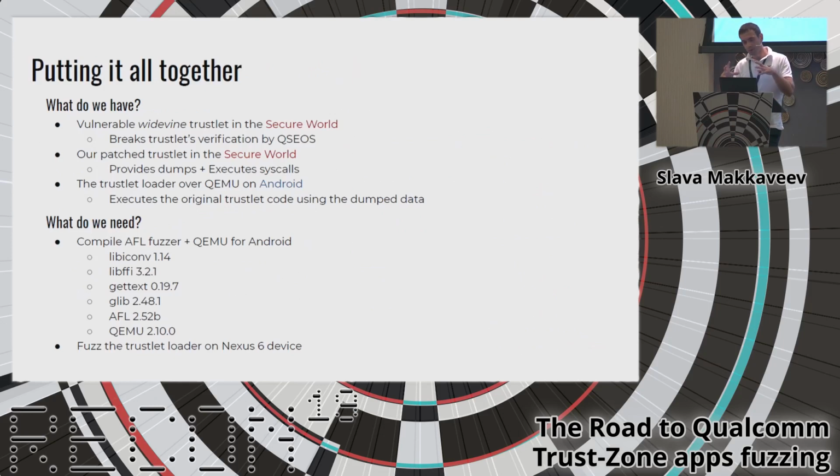So putting it all together, what do we have? We have a vulnerable Widevine trustlet in the secure world, which breaks signature verification using our payload. We have our patched trustlet in the secure world, which will return dumps of memory from the secure world and execute syscalls for us. And the last part, we have the trustlet loader Android program, which works over the QEMU emulator on the device, and this trustlet loader will call the command handler